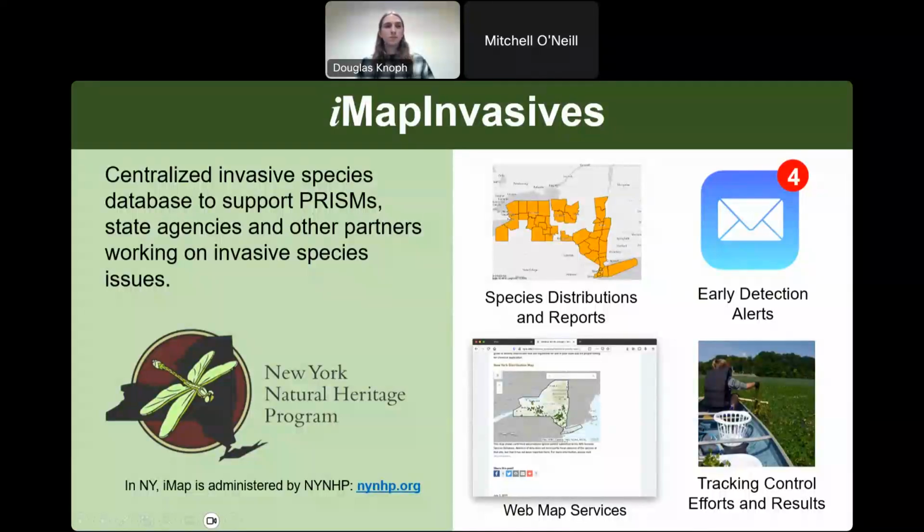And iMapInvasives essentially exists to serve our different partners throughout the region and throughout the state, which includes our partners in the regional invasive species management, different state agencies like the DEC, Department of Parks, agriculture markets, as well as a host of other NGOs and organizations, and a whole host of community scientists who use our